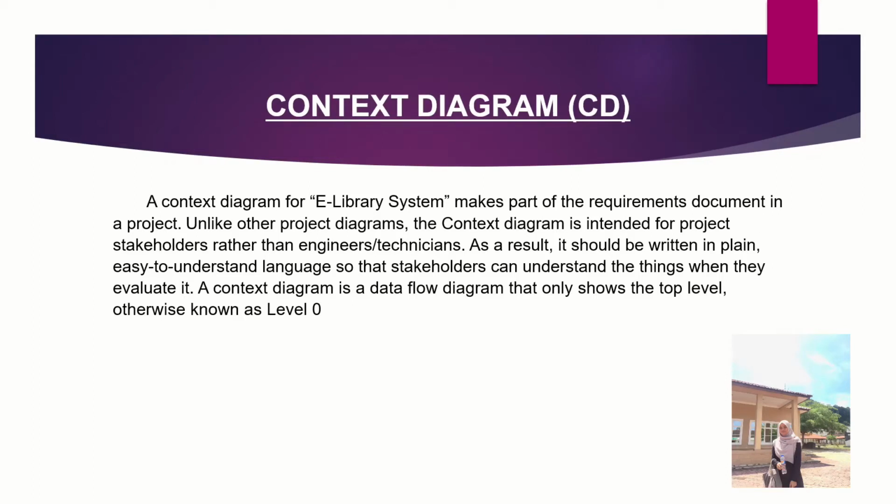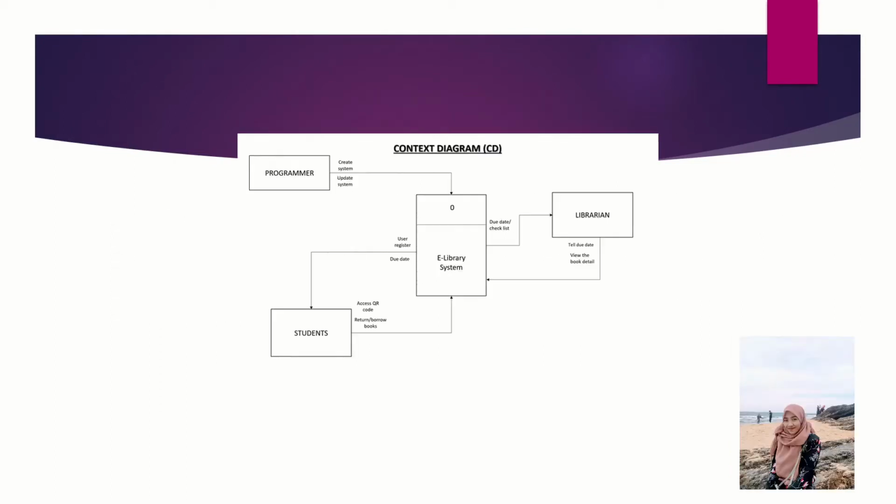when they evaluate it. A context diagram is a data flow diagram that only shows the top level, otherwise known as level 0. A diagram used to give an overview of an entire system. In a context diagram, there is only one process that represents the entire system. The purpose of this diagram is to display the expected inputs and outputs from the system to and from various